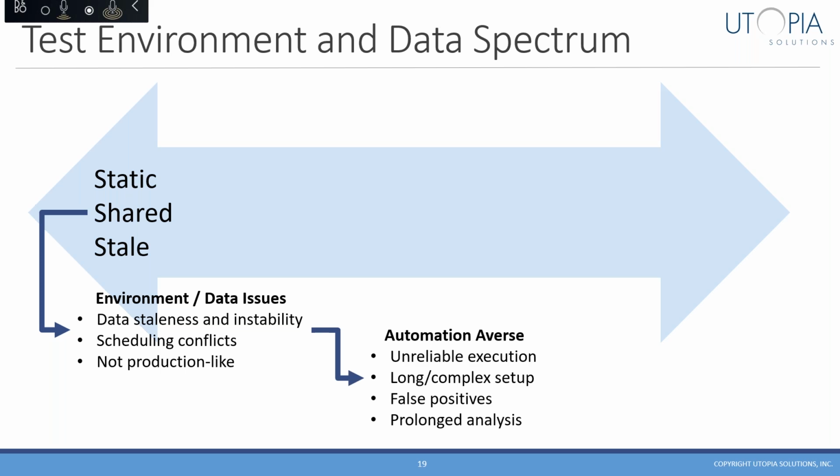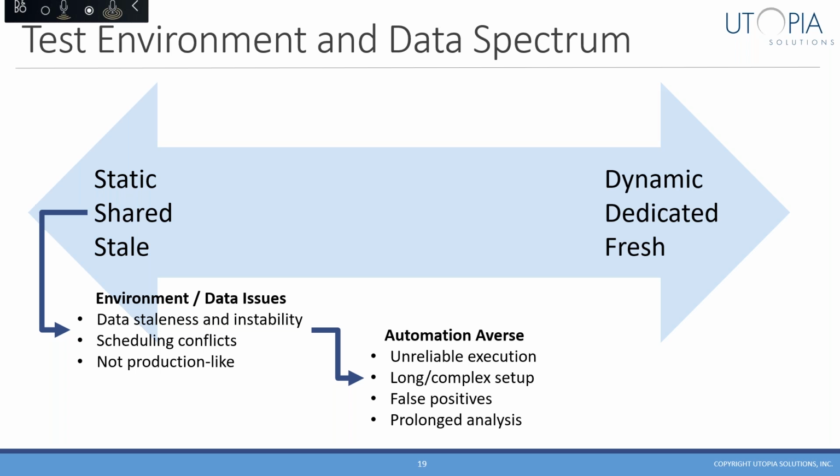And those issues are the root cause of many of the automation challenges that we've referred to so far. The data instability results in unreliable execution. Because we can't rely on the data, maybe we're forced to set up all our data each time that we want to execute, and that doesn't sound like a very fast feedback type situation to me. Data or configuration issues can result in false positives or worse, false negatives, and all of that results in a ridiculously long time for analysis because we're really not ever sure if issues are actually issues, and if they are, what caused them. So we spend a lot of time trying to figure that out.